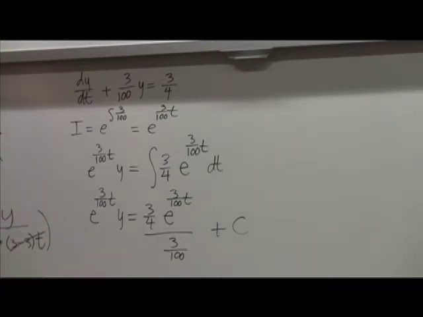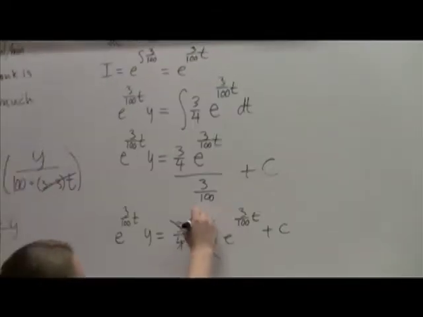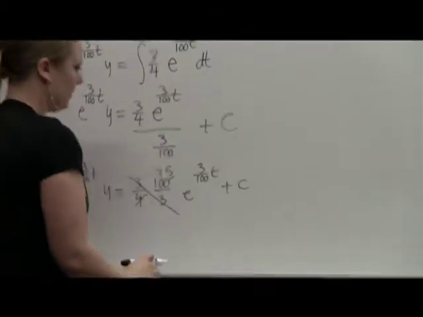Okay, so now I'm going to simplify just a little bit. e to the 3 over 100 t times 3/4. I'm going to multiply this by the reciprocal, so 100 over 3, e to the 3 over 100 t plus c. Now notice the 3's cancel, the 100 and the 4 cancel, to just leave me with